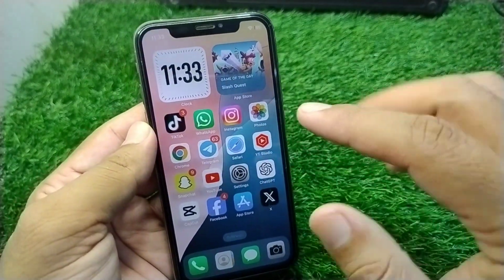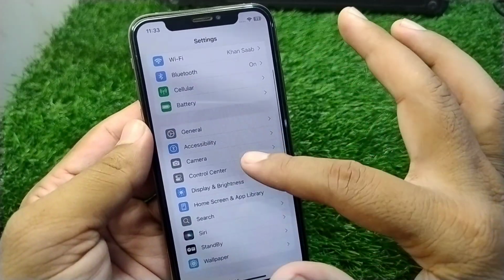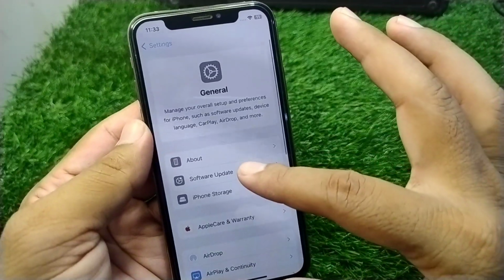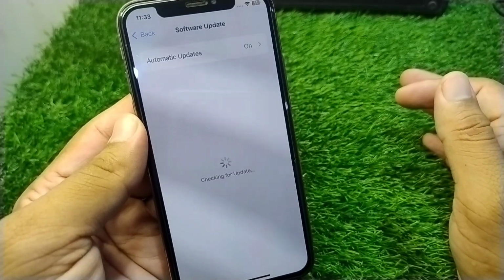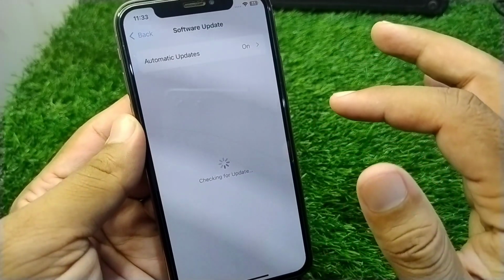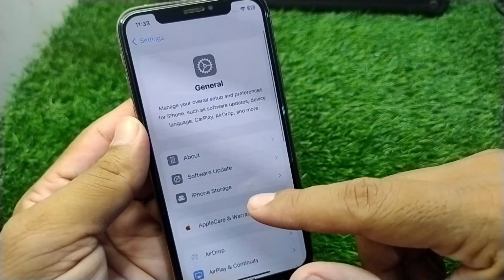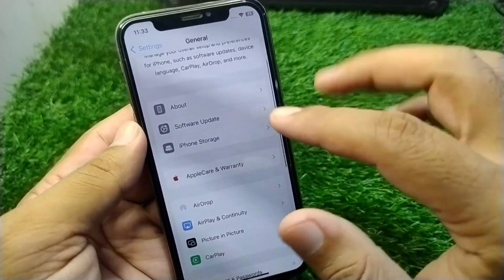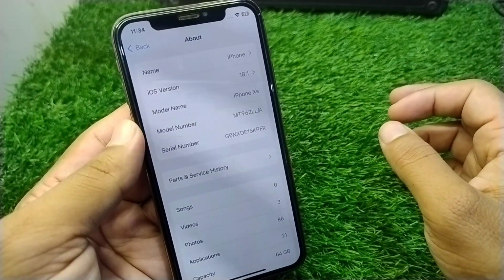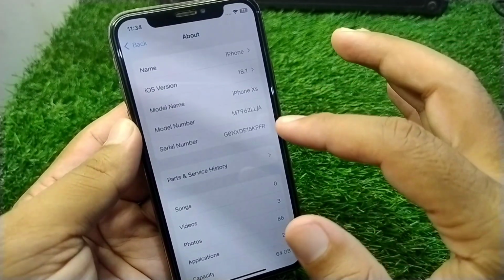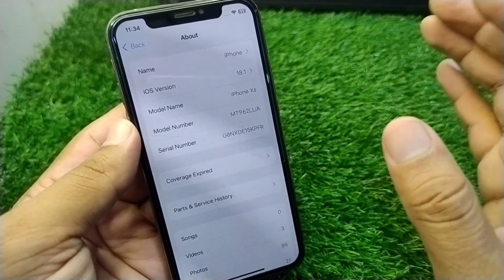So guys, first of all, open Settings in your device and then scroll below and tap on General. Tap on Software Update and update your software to the latest version. So guys, if there is any update available for you, simply update it, and after this go back and now you have to tap on About, and here you will see carrier updates on your iPhone. So guys, if there is any carrier update available for you, you have to simply update it, and after this